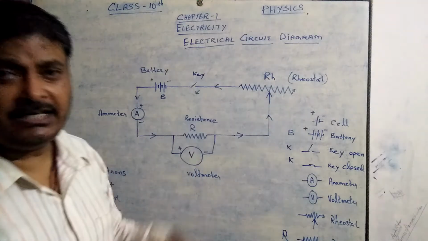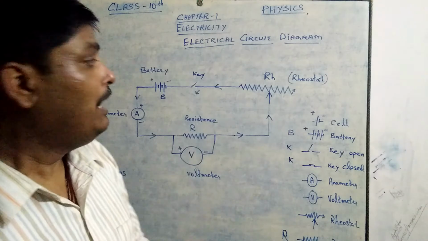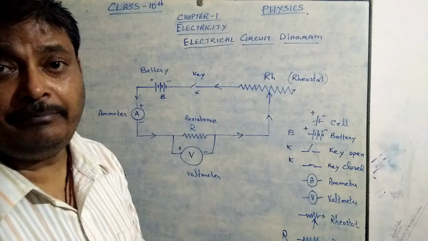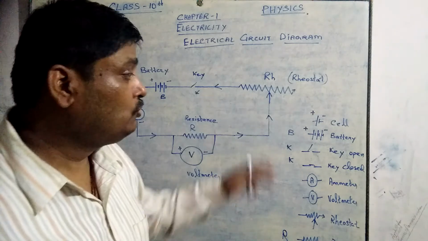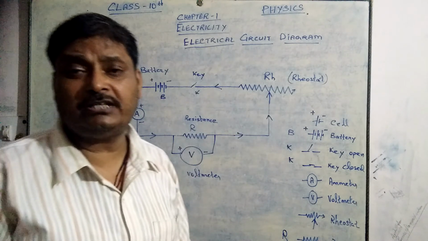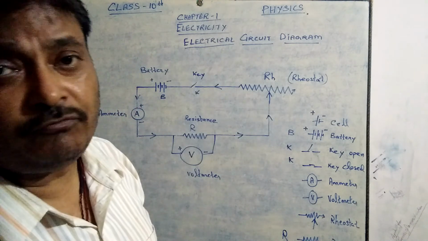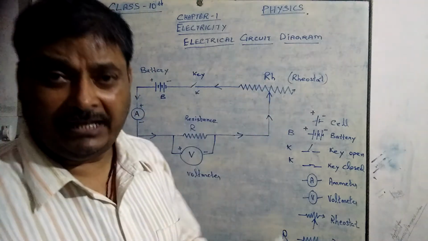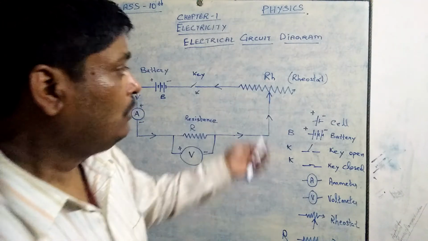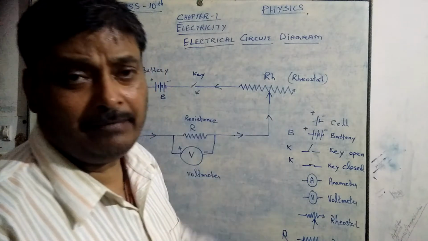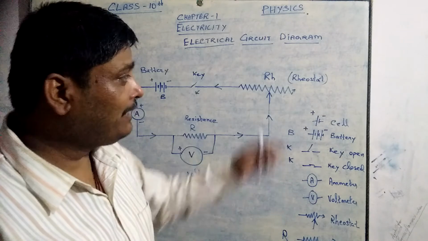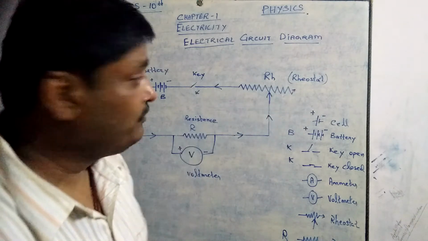Next comes the rheostat. The amount of current can be changed through the rheostat. The function of the rheostat is just to control the amount of current flowing through the circuit. We can increase or decrease it through this. The figure is diagrammatically shown over here. In a circuit diagram we show the rheostat in this way.